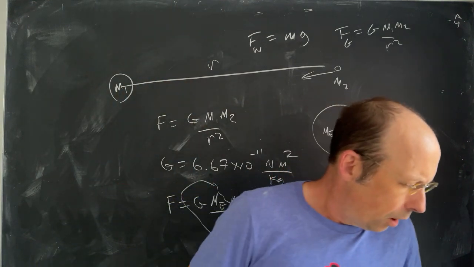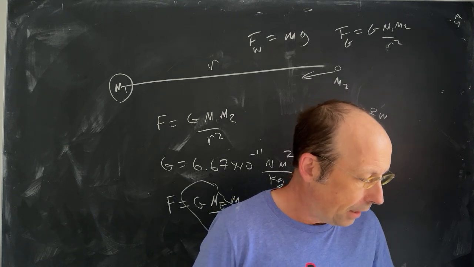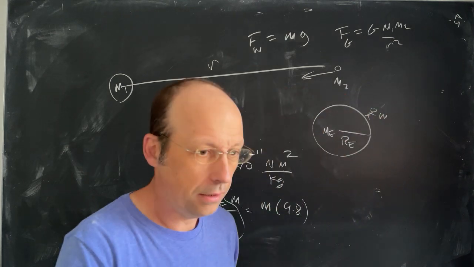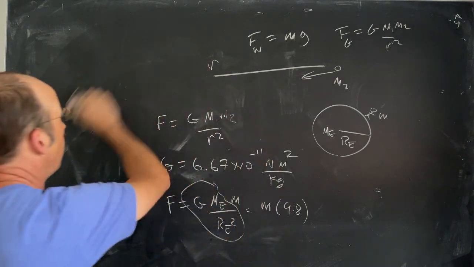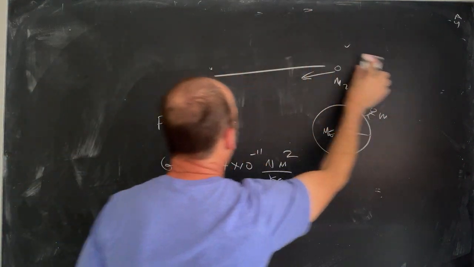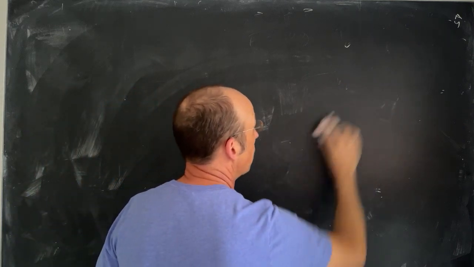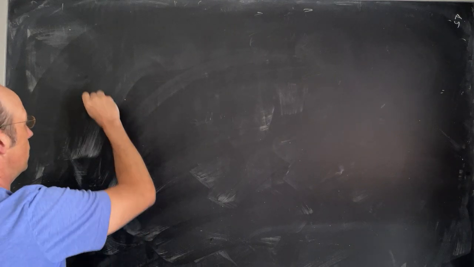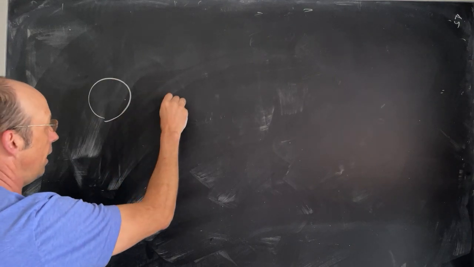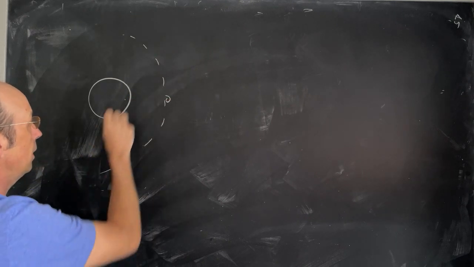Well, we got a lot of stuff to do here, don't we? I guess we should talk about zero g, weightlessness. I'd like to go first and show you how to calculate low Earth orbit or any type of orbit, and then we'll talk about zero g. So here's the Earth, and here's an object orbiting the Earth in a circle of radius